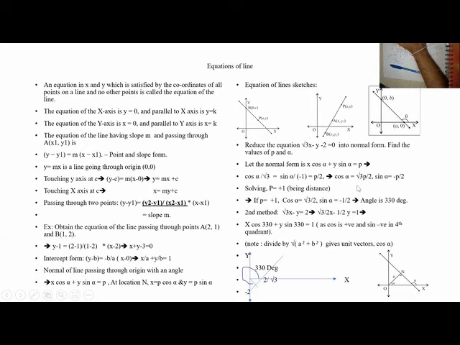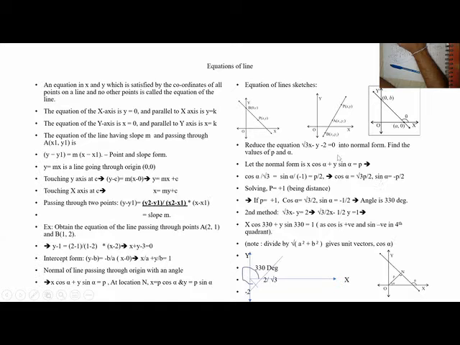So out of these three, what did we get? P is 1, distance is always positive. So we got cos alpha and sin alpha. So cos is positive and sin is negative. That means it is the 4th quadrant. So the angle is 330 degrees. In fact, it's 30 degrees. Sin 30 is half, cos 30 is root 3 by 2, but sin is minus half, cos plus. So this is the 4th quadrant. So the angle is 330.